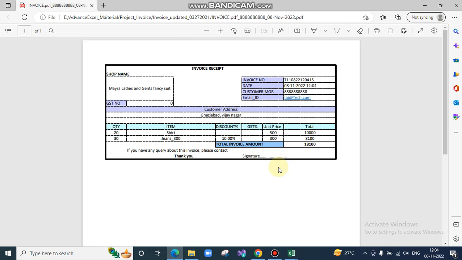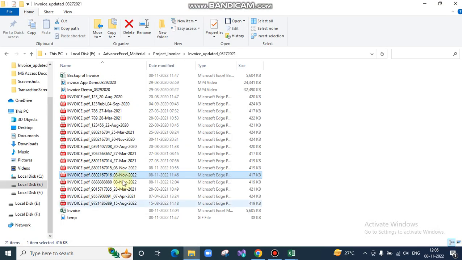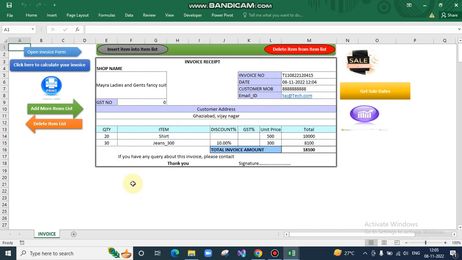So these things look something like that. Okay, and it is also saved in our drive, and we can save that in here. There are three invoices we have generated here. We entered the mobile number, and you can see today's date, and one more thing, suppose you want to